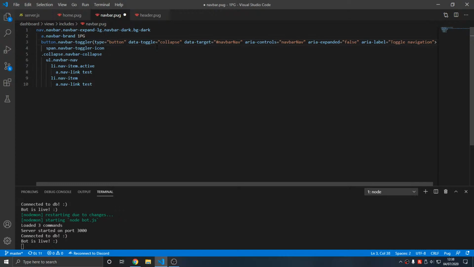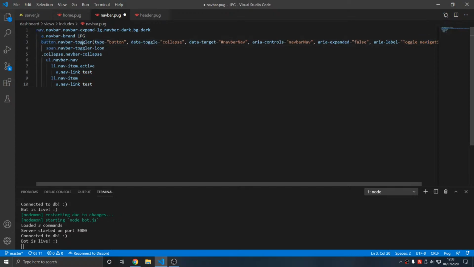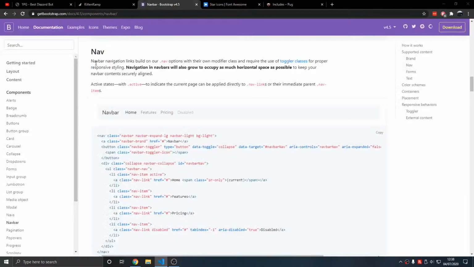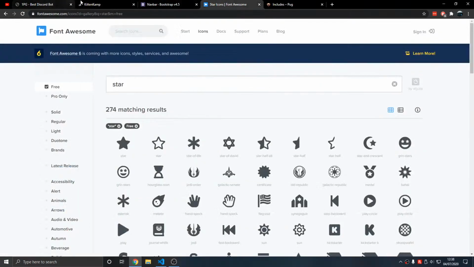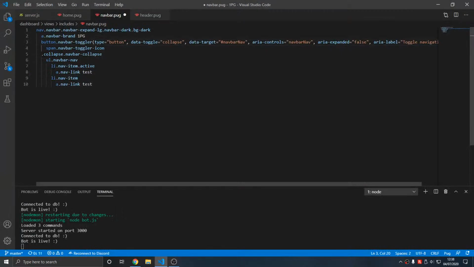Type button. Navbar nav. There we go. Commas. Ding. Done. Should be done. But we need an ID that is navbar nav, which is here, ID navbar nav. So an ID